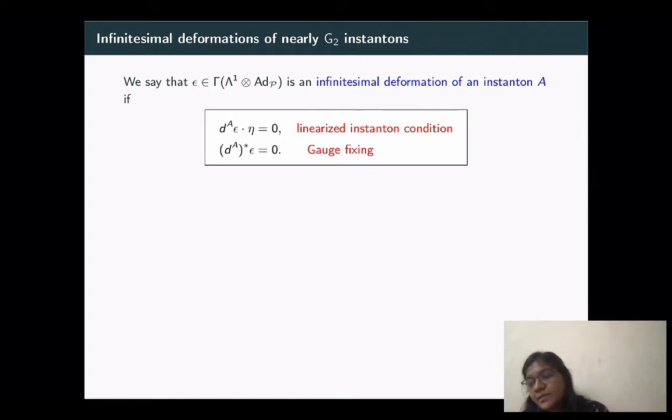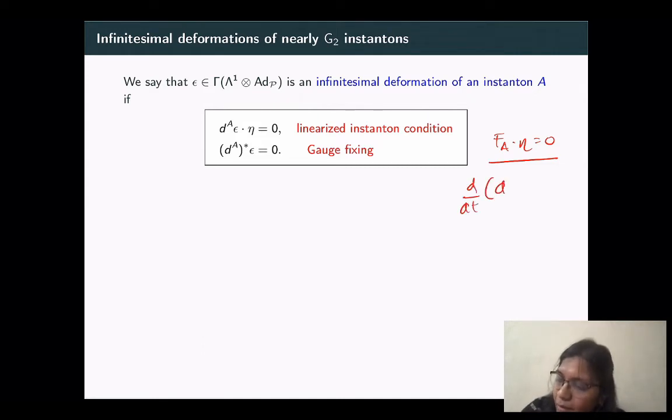And by infinitesimal deformations, if you recall from before, one of the equivalent definitions of a G2 instanton was given by F_A dot eta equals 0. And if we linearize this equation, that is, if we just do d by dt of F of A plus t epsilon, then